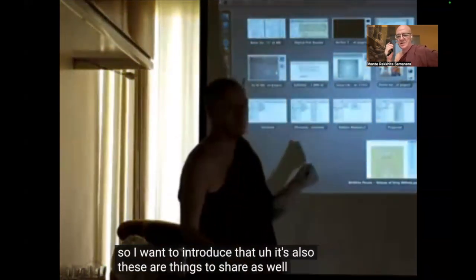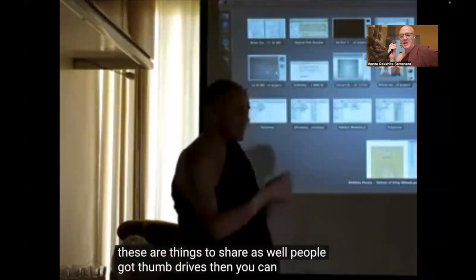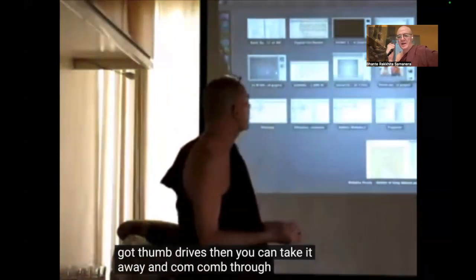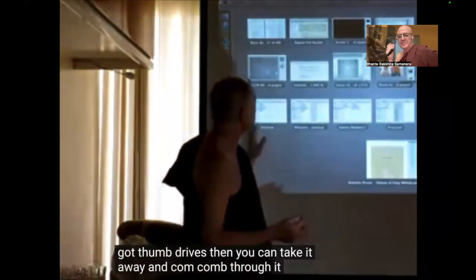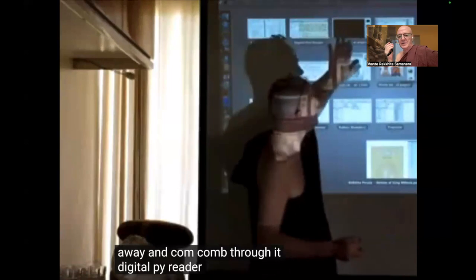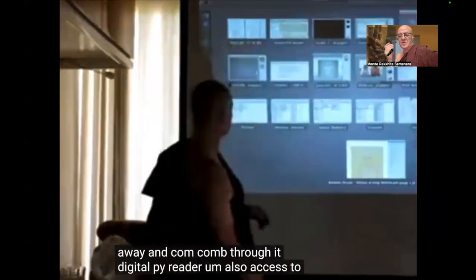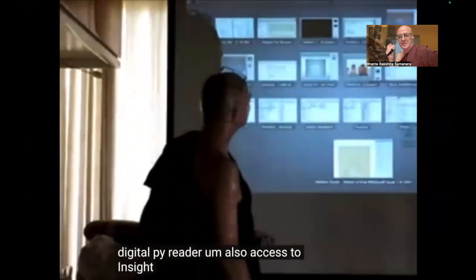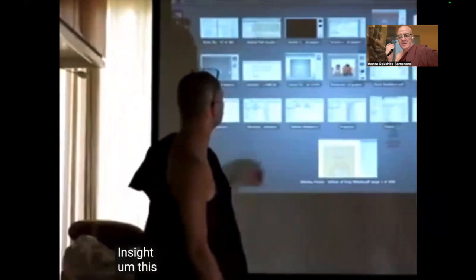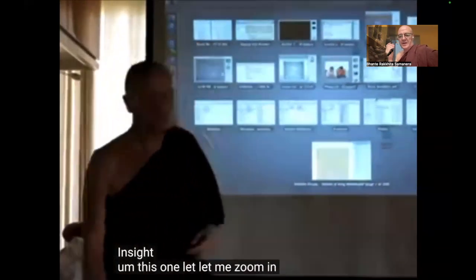It's also something to share. People get thumb drives, then you can take it away and comb through it. Digital Pali Reader, also Access to Insight. This one, let me zoom in on a couple of